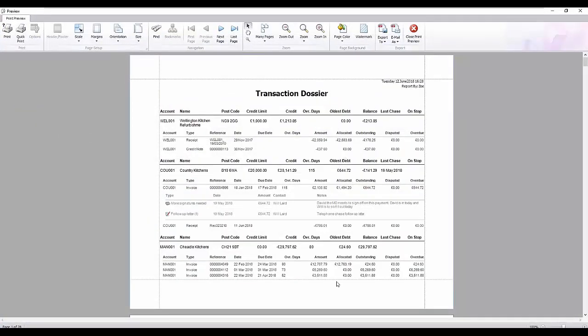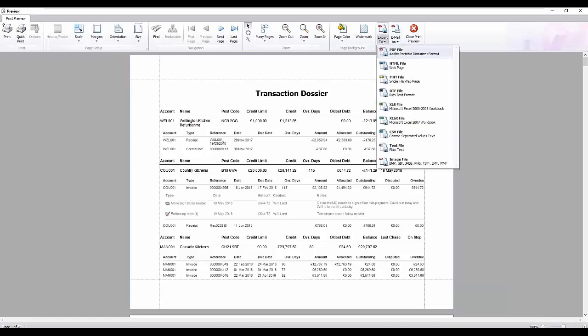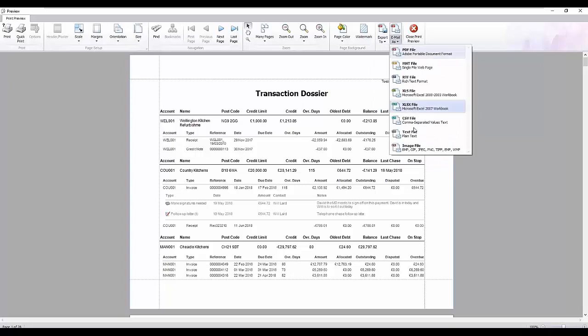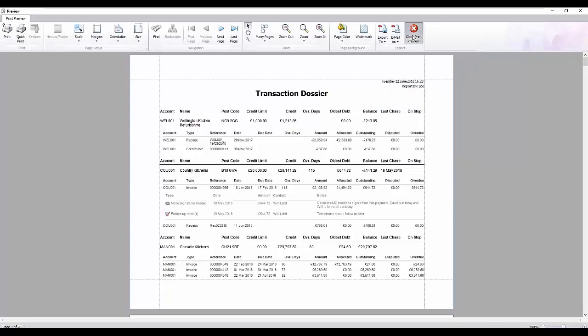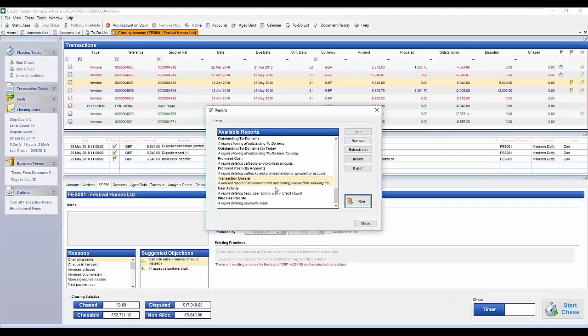The actual report you're seeing, you can manipulate, maybe take out some of these subheadings if you want to. Maybe you would want to add your branding on here. You can export any of the reports in any of these ways, and also you can email in any of these ways as well. So there's lots of different reports for lots of different areas within Credit Hound,